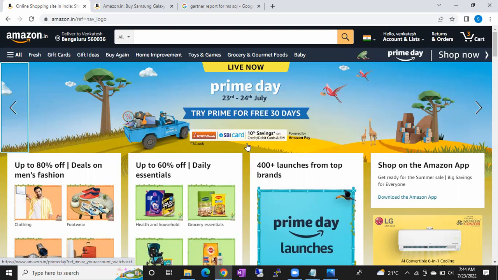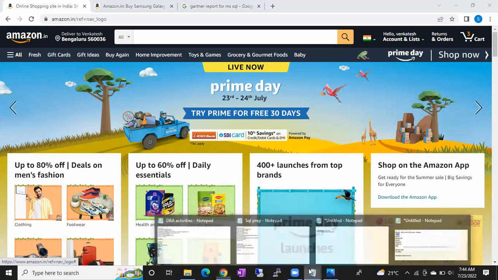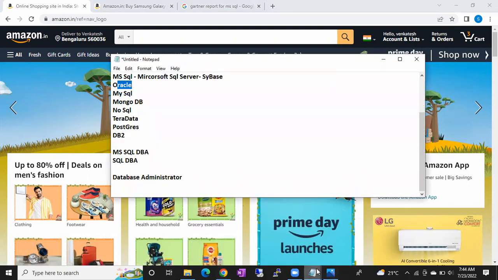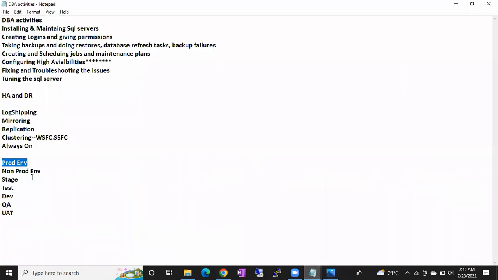So they created a banner and they posted it, but they don't do this change directly on the production servers, guys. First they will test it on the test servers, QA servers, dev servers, stage servers, UAT servers. Once everything looks good, and they feel there are no challenges in applying this change on the production server, then they will do this change on the production servers, guys. So these non-prod servers are for testing purposes. Whatever servers you can see now, these are all non-prod servers, for testing purposes, guys.